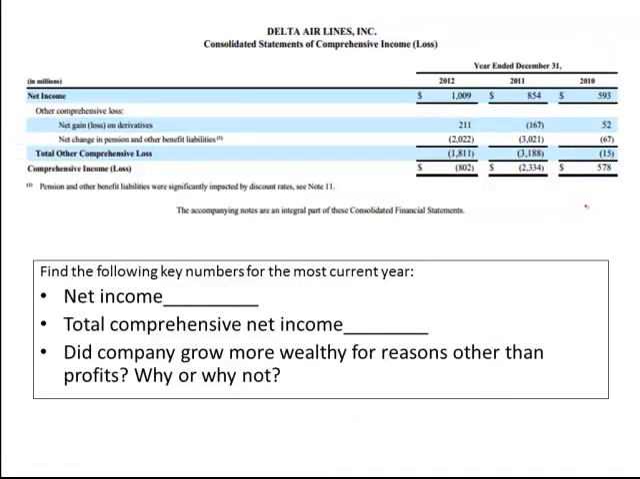Here's Delta. Delta is very interesting. For 2012, we have net income of $1,009,000,000, but our comprehensive income is a negative $802 million. And the reason is there was a big change in pension and other benefits